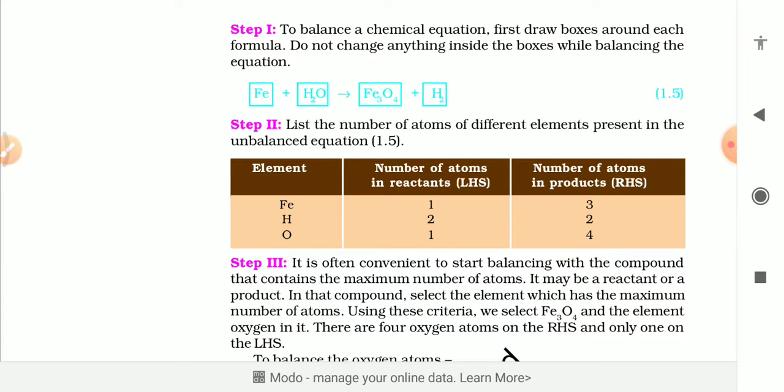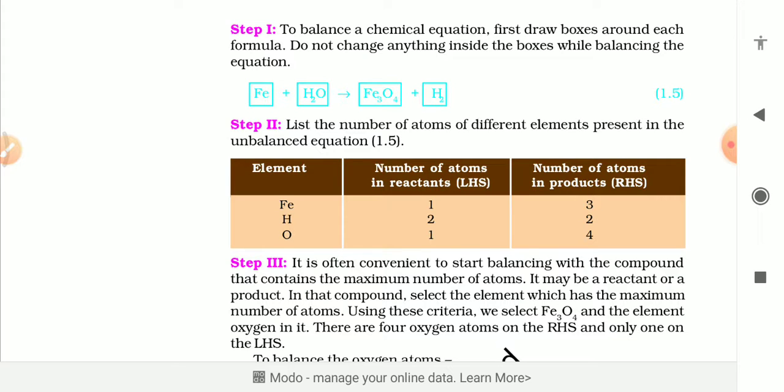Because mass is neither created nor destroyed, we have to prove that. Balanced equation means the number of atoms on the left hand side is equal to the right hand side, and we can see that chemical equations are balanced to satisfy the law of conservation of mass in all chemical reactions.